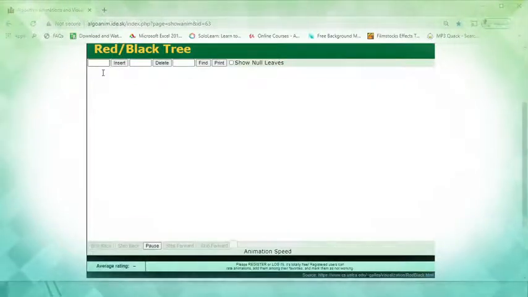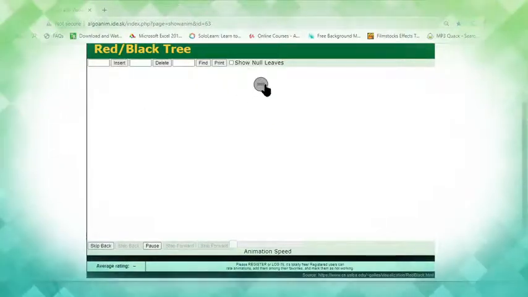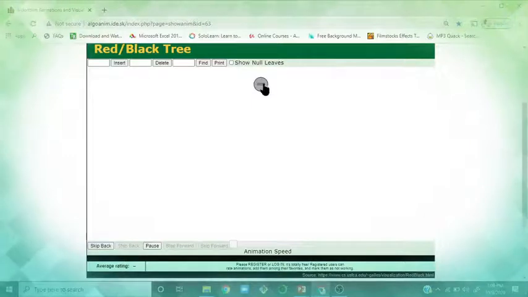So let's start inserting. Let me create a tree structure. Let me start inserting with the first one, 2, and make sure the animation speed is low. Don't keep it so fast. You just bring it to the left corner so that you can easily see how the nodes are inserted step by step. Press insert, and this is your first node. Even if you're inserting it as red, since this becomes a root node, it should be black. That's one of the properties, it should be black. Next, let me insert 1.